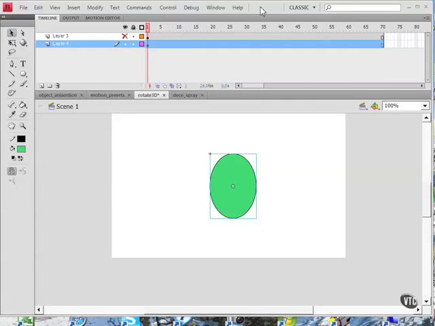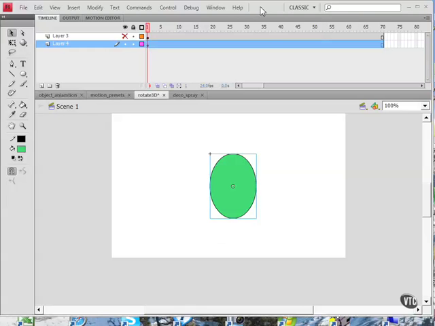Continuing from the previous movie, my review of new features found in Adobe Flash CS4 Professional. We're still not done covering all the new animation features. We now come to motion presets. These are pre-built animations that can be applied to any object on the stage to jumpstart your project and improve